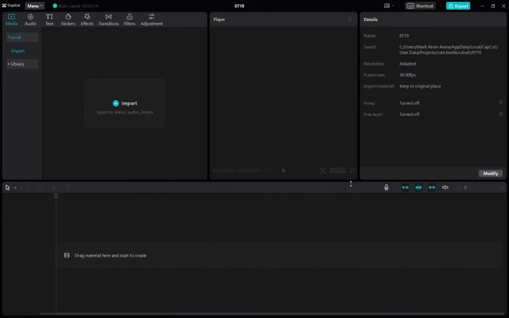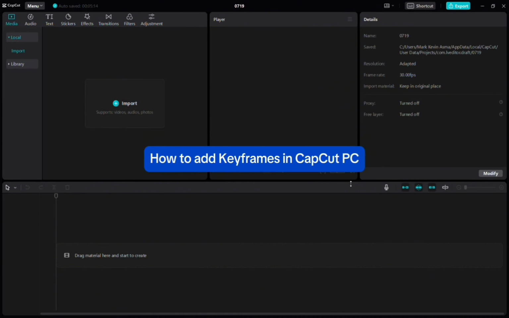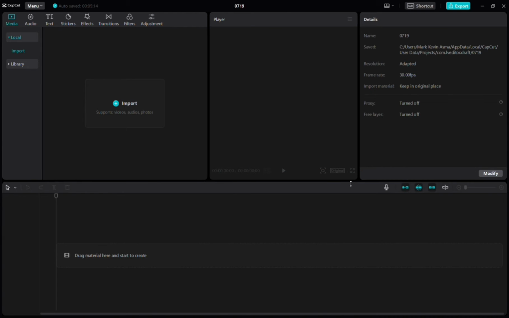Hello guys, in this video I'm going to show you how you can add keyframes in CapCut PC. But before that, if you don't know what CapCut is, it is a popular and user-friendly video editing app which offers a wide range of features such as trimming, cutting, transitions, filters, and also keyframe animation with chroma